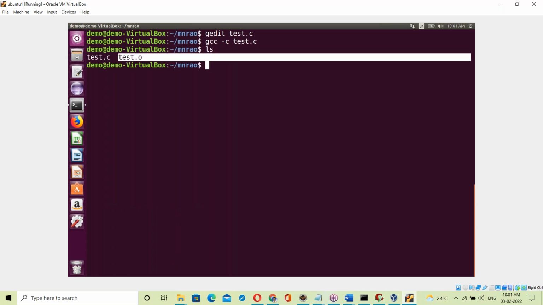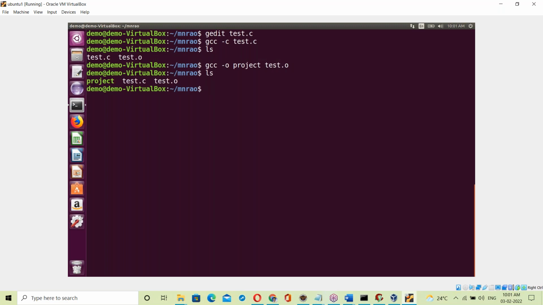A test.o file is generated. After that, we should convert it into an exe file with gcc -o, giving the result name, for example project, as the exe name, from test.o.